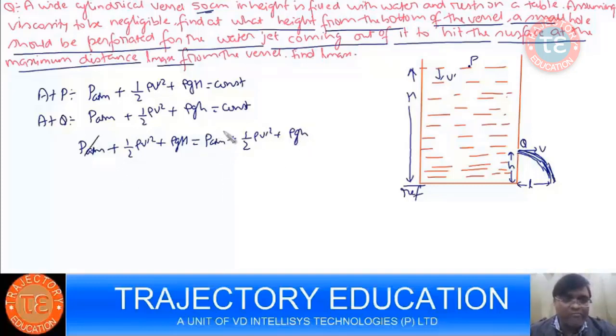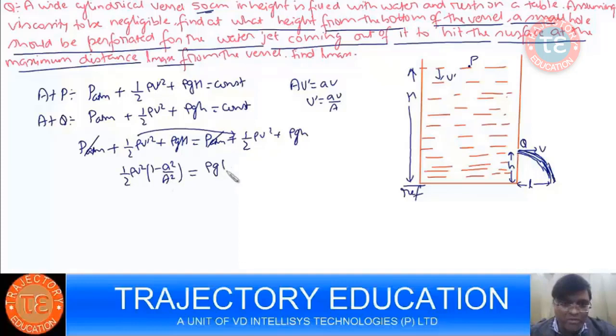rho gh, so it's not V dash, it's V only. And we have an equation of continuity which says AV dash is AV, so V dash is AV by A. So if I take it on this side, 1 minus, and this is rho g h minus h, so rho will cancel out, and your velocity is 2g,